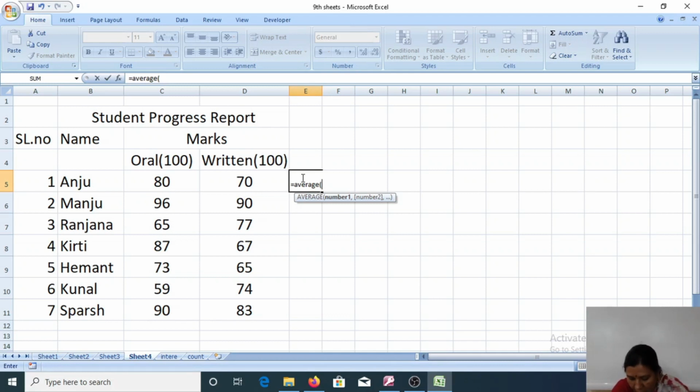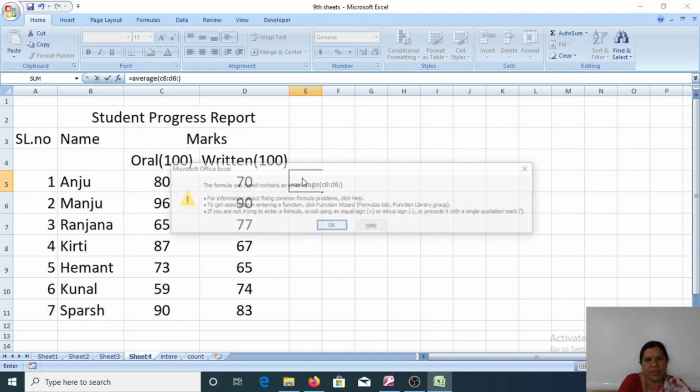I want to find the average of both cells. So C6 colon D6. Now close the parenthesis, press the enter key.